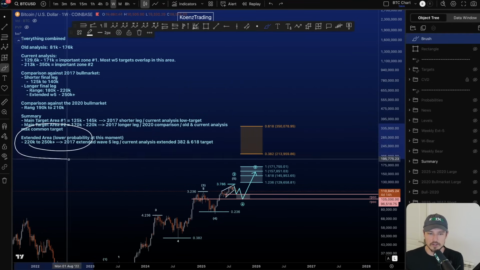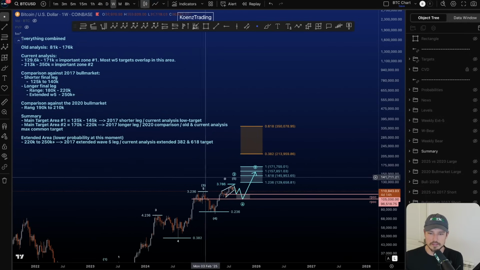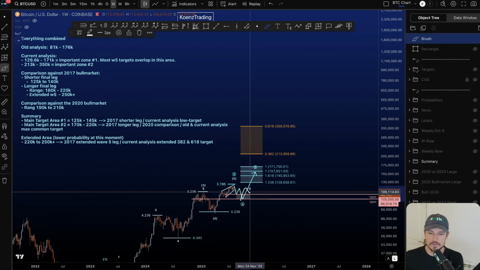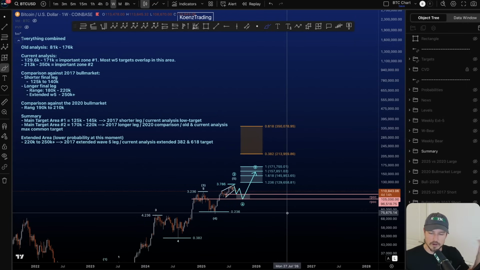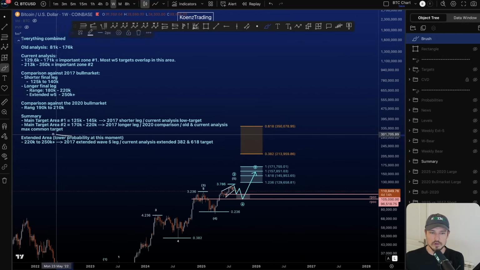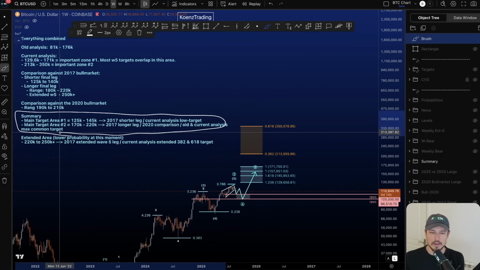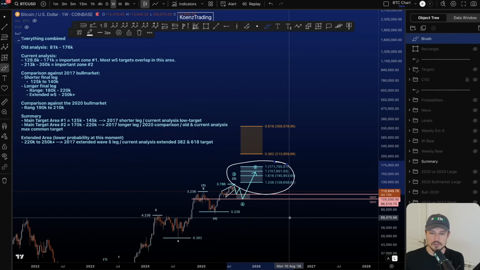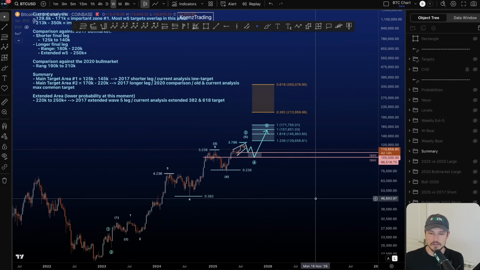And then we have the extended target area, lower probabilities. Now, of course, based again on how wave 5 develops, we'll know exactly where and what the probabilities are. But these two are higher probabilities. And if we look at my current calculation on my chart here with a target between 130 and 171,